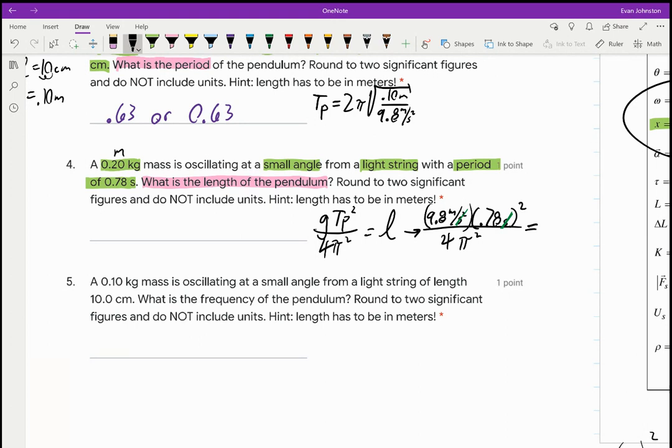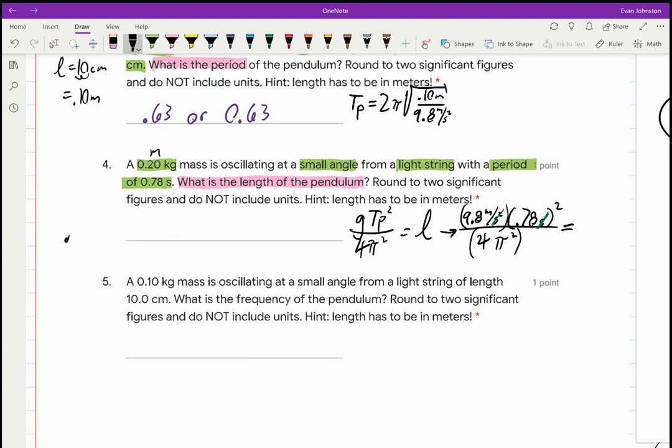So I'm going to put in 9.8 times 0.78 squared divided by, and make sure if you're doing this on the calculator, the easiest way is just to put parentheses around this. So then divide by, and then parentheses 4 pi squared. And I get